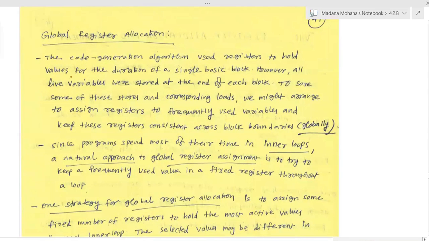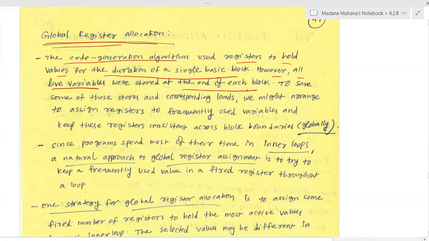If we can use registers globally, that is called global register allocation. The code generation algorithm used registers to hold values for the duration of a single basic block. However, all live variables were stored at the end of each block.